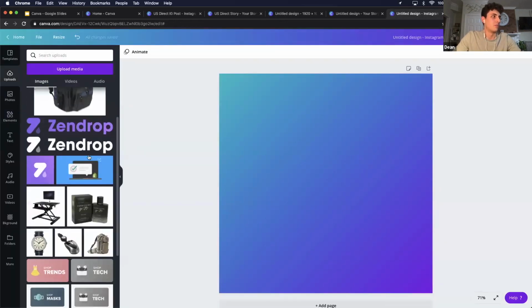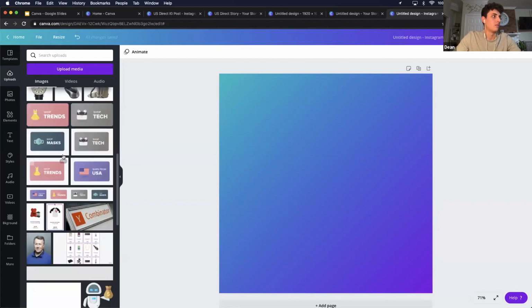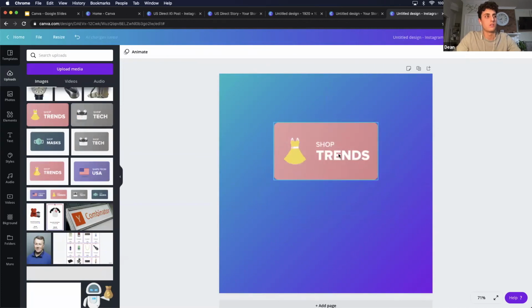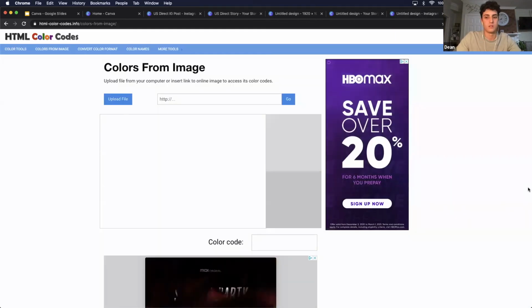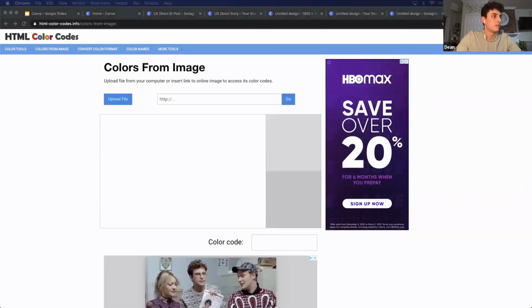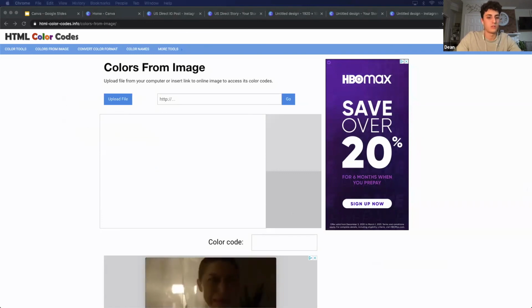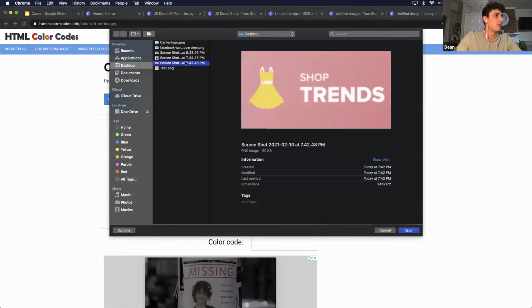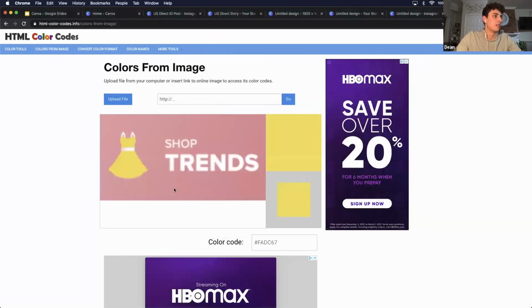What I do is, let's say this is my website's logo, shoptrends.com or something. What I could do is grab it, go to my color finder, and simply upload it, click it, and grab these colors.